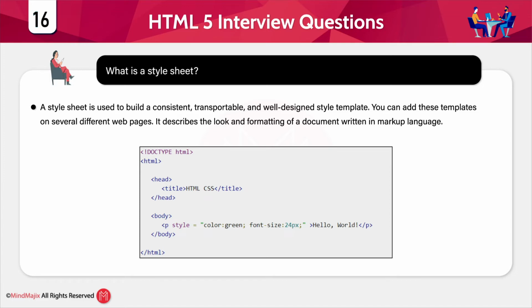There are different ways through which we can add styles to the HTML page. Inline, internal and external. If you want, you can apply the style to a particular tag. You can apply the styles to the different tags of the same HTML page. You can apply a single style to different HTML pages. A style sheet is a document which contains the styles to be added to the HTML page.